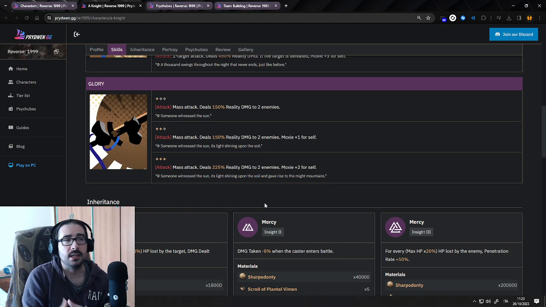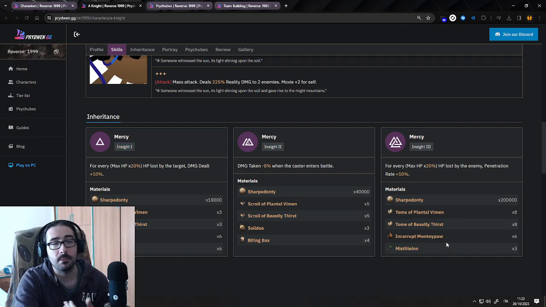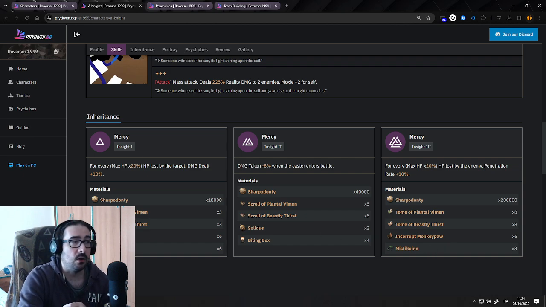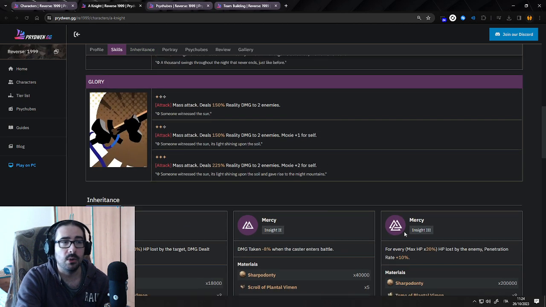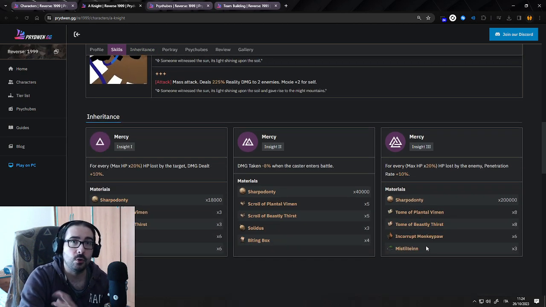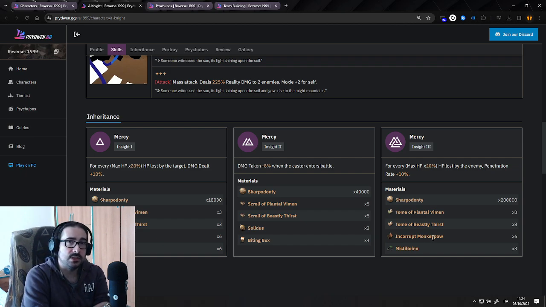The Insight 2 and 3 are a little more complex to do because they need weird materials that you're going to have to invest a little bit of time into getting. Otherwise, the first one is going to be really easy. You just get them from stages or stuff like that. While for the others, you're probably going to have to fuse the previous tier in the wilderness system of the game,